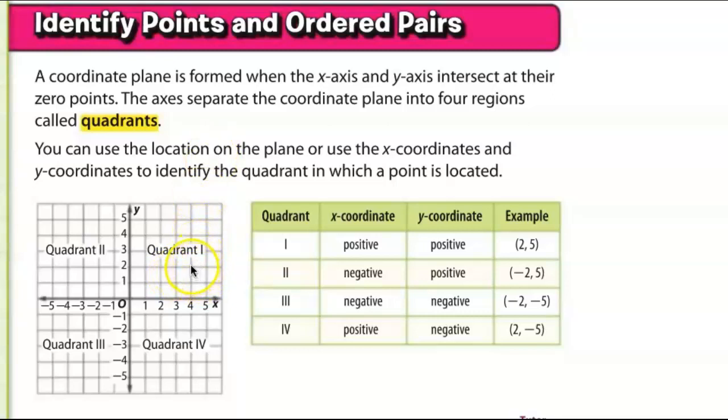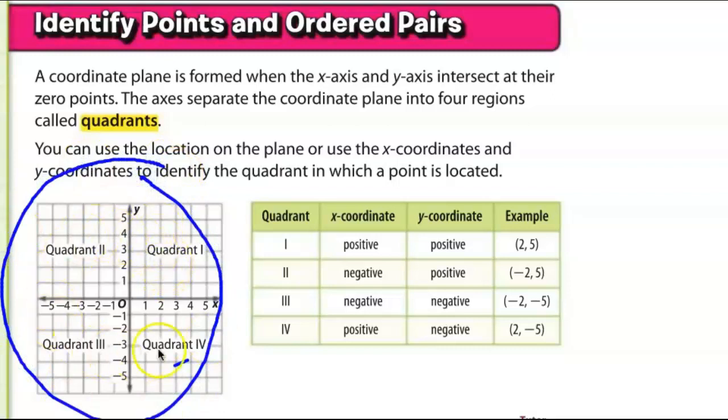It's really important that we memorize this fact that this section is quadrant 1, and that if we go to the left, that's quadrant 2, below would be quadrant 3, and then finally quadrant 4. So if we think about this as a clock, then we're going counterclockwise. 1, 2, 3, 4. Okay. Now,